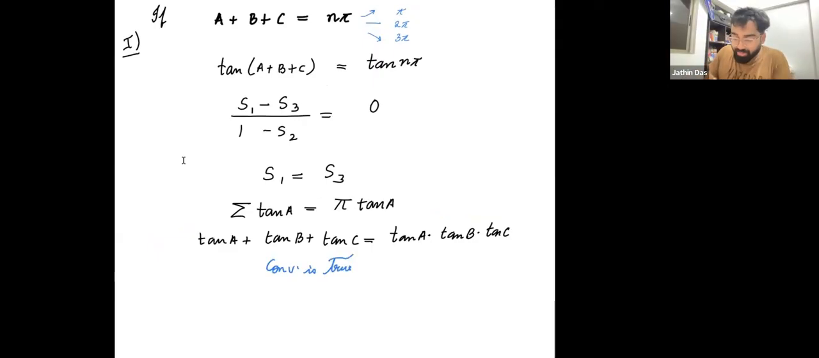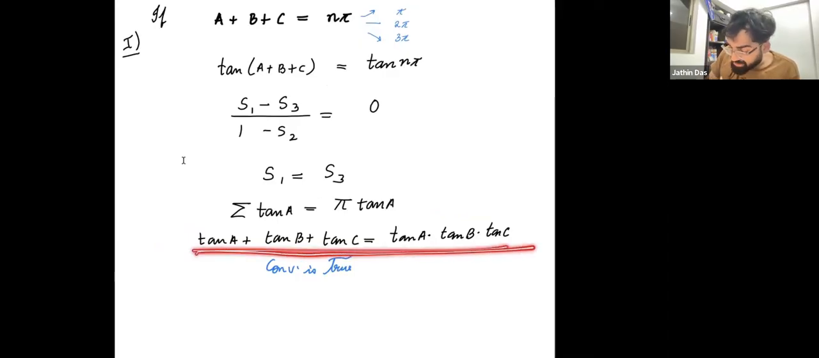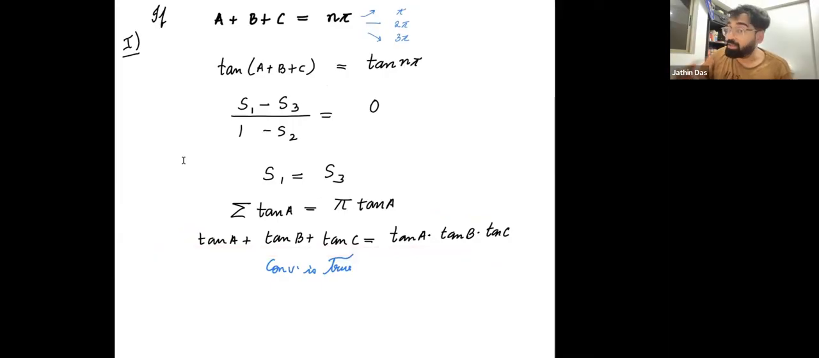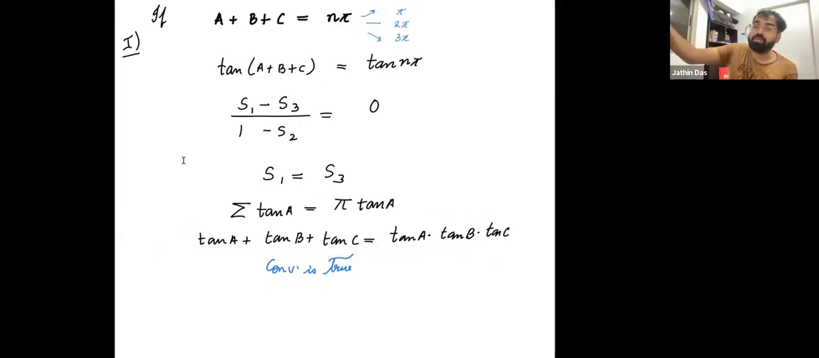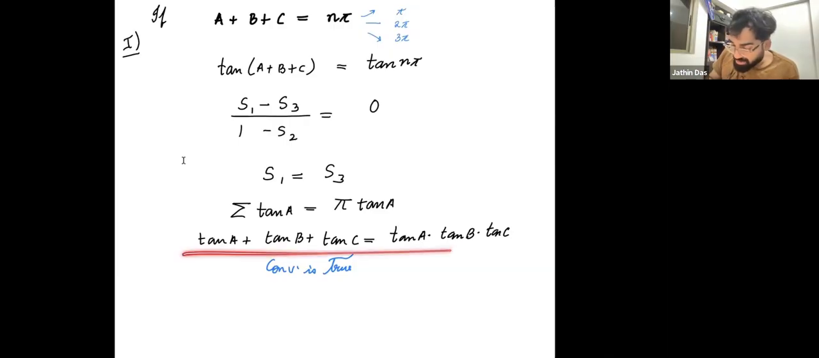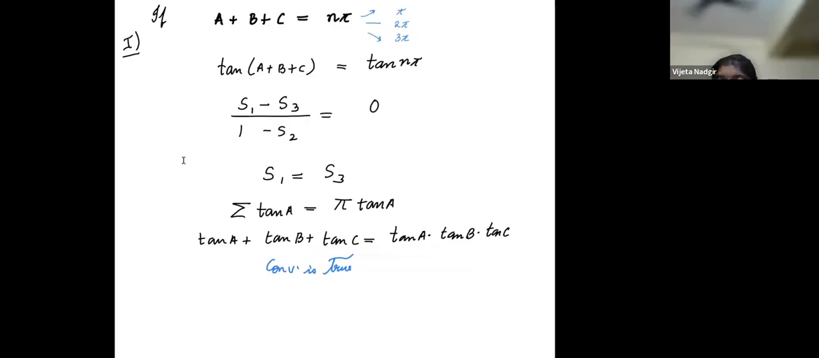Converse is true. That means, if I get this equation somewhere, I can tell A plus B plus C should be n pi, not pi. It can be n pi. Then depending on the case or condition, you can make it pi. That's a different thing. But you cannot certify that it is always pi. So if this is equal, it means that A plus B plus C is n pi. That's the meaning of converse is true. Clear? Now, second case